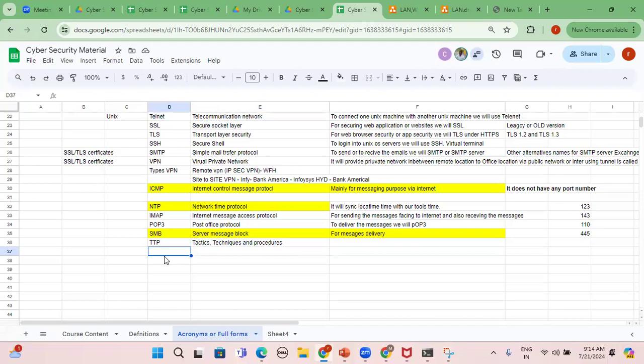Next, whatever we discussed as part of the definitions, I will repeat once again. Next one is Active Directory. AD is nothing but Active Directory. Next one, DC, data center. Next one is DR, disaster recovery site or disaster recovery. BIA,